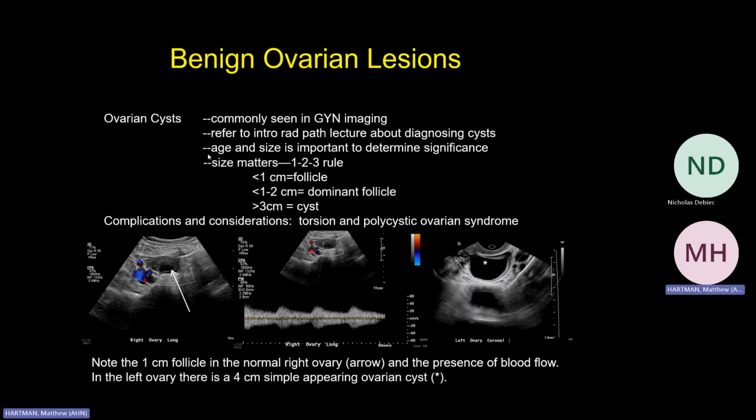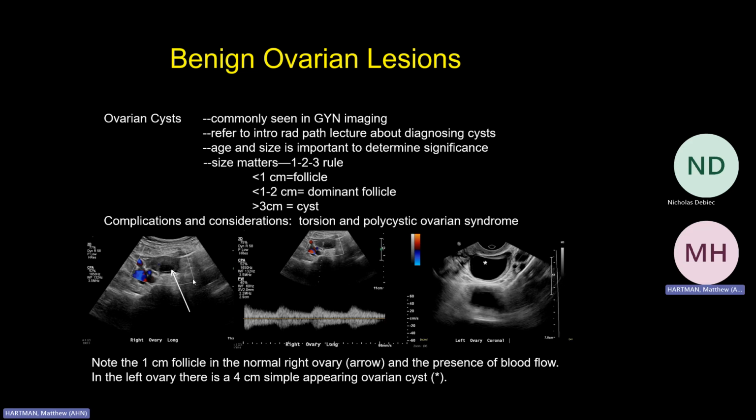So let's talk about some benign lesions first. So some definitions. Follicle, less than 1 centimeter. Dominant follicle, 1 to 2 centimeters. And anything that's greater than 3 centimeters, we will call a cyst. So here is a